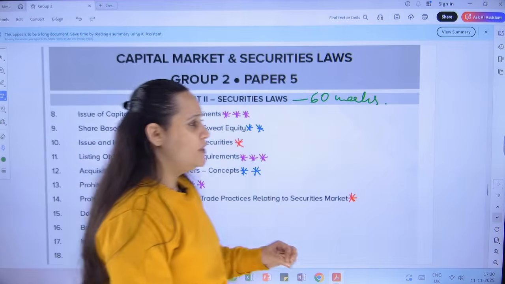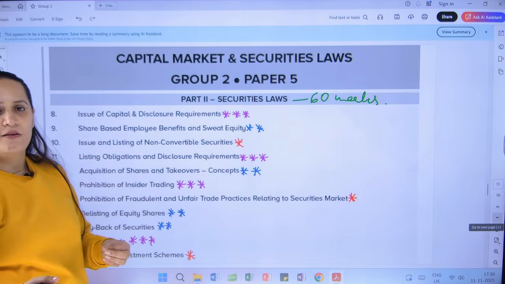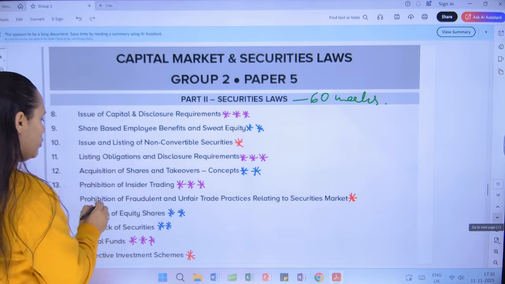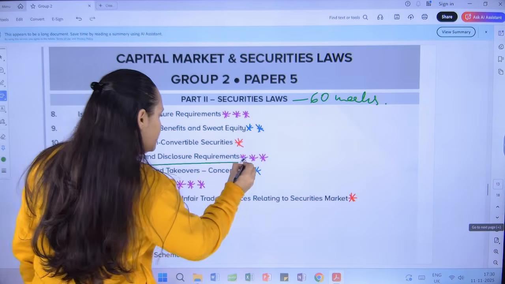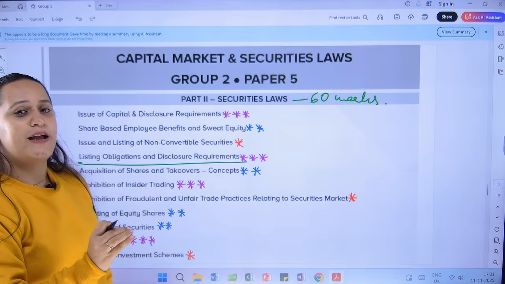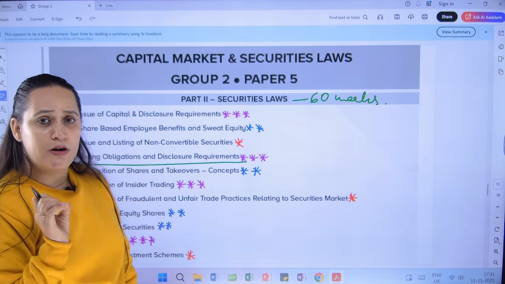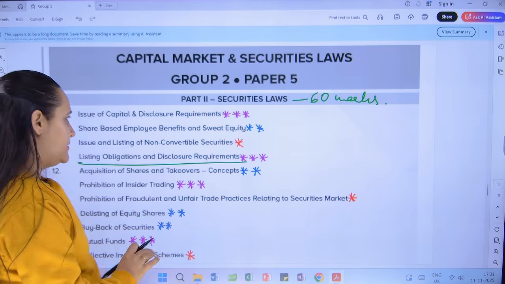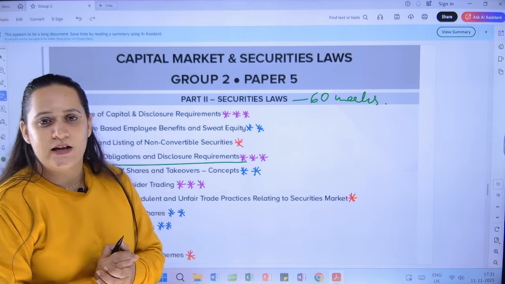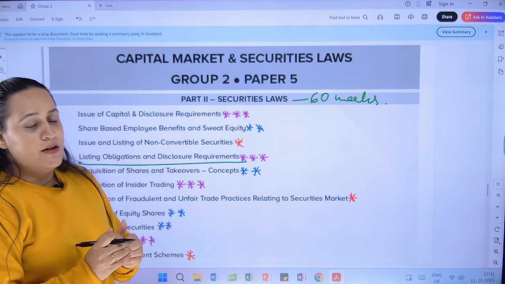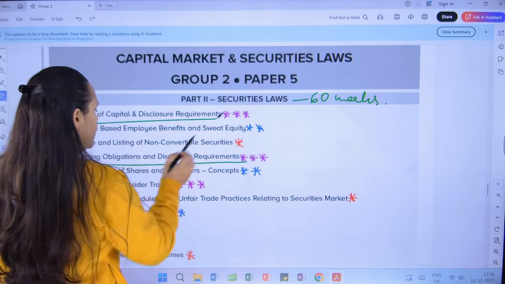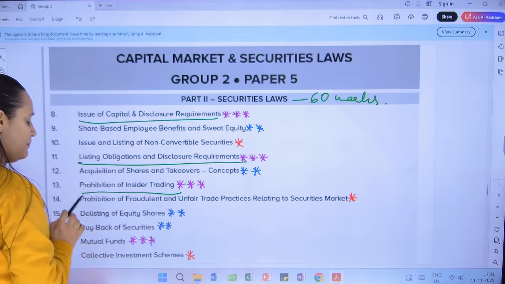Once you come to part B of the syllabus, the most important legislation or the most important chapter will become the LODR regulations that you should focus on first. Before, even in the list of important chapters, first you should study LODR regulations, highly important chapter for the exam. Not only in one attempt, but in every attempt, LODR is that one chapter that is not going to be missed. High weighted chapter. Then you are going to focus on ICDR regulations, you are going to focus on PIT